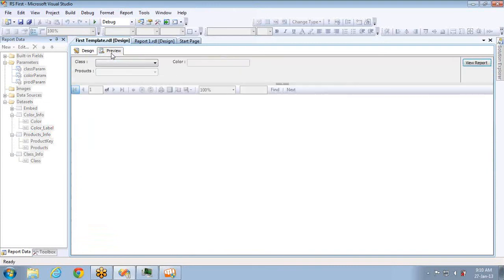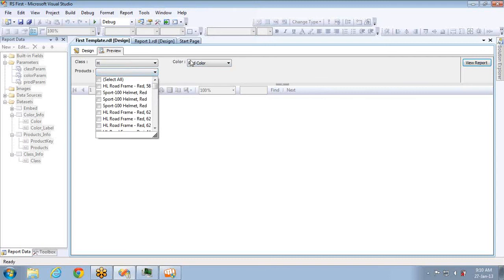So this is how you can see the parameters are disabled. Why? Because the value should be loaded based on the first selection. And this one, if you see, the data is loaded. Why? Because the default value we set is red color.